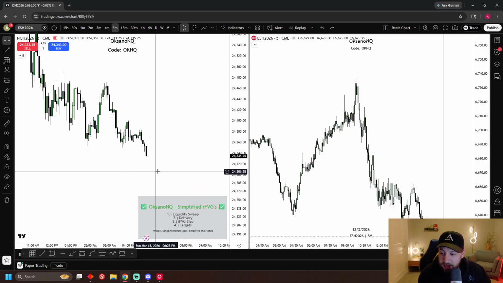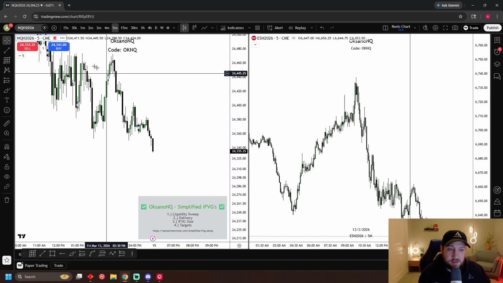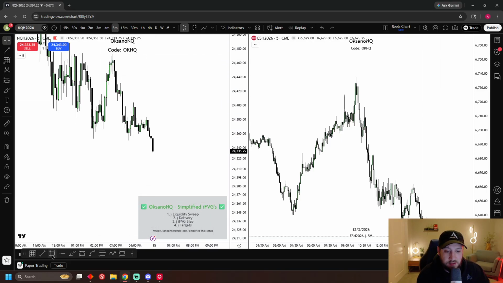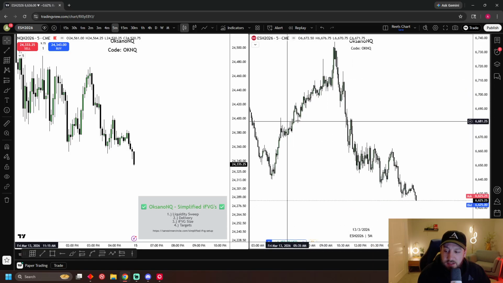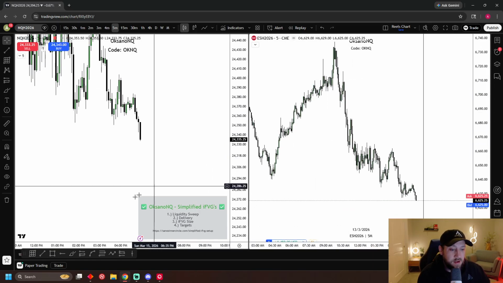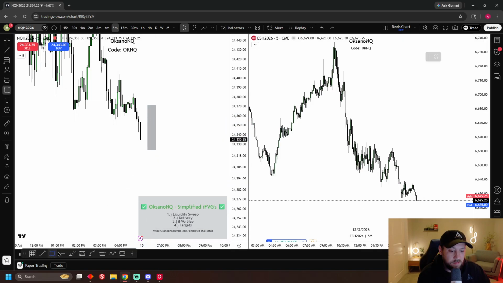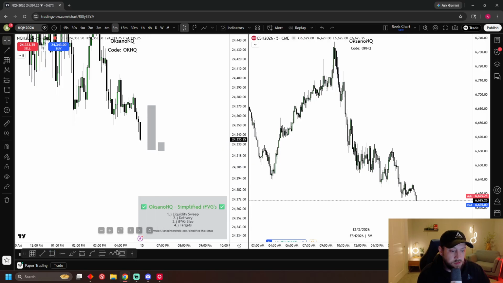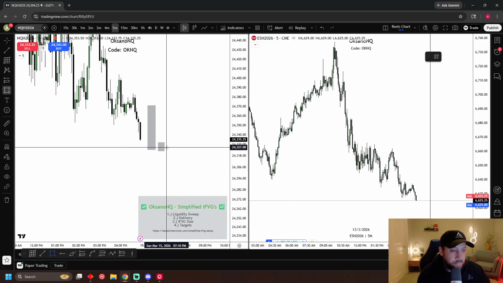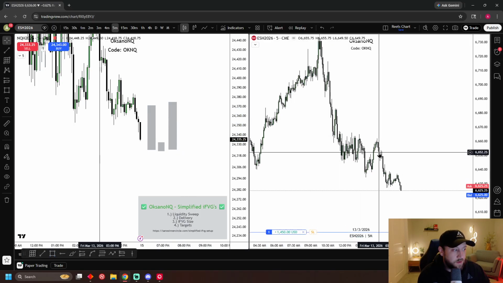Now, another thing that I really like doing is when I'm looking for my setups. Let's say we're like, oh, this 5 minute looks really good. What a lot of people forget to do is to hop over to ES and see if we're getting the same setup. Because let's say NQ puts this 5 minute gap in, then we got a little doji, whatever it is. Then we get the inverse, right? But then what if you hop over to ES